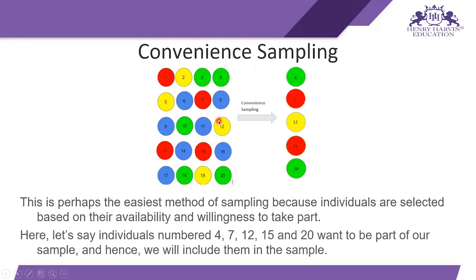So here, let's say we have a population and we have to gather some 11 points. Convenience sampling is like, if there are some people who are free in their lifestyle, let's say who don't have much work, who are willing to come to our firm, or willing to come to our society, to be part of this.